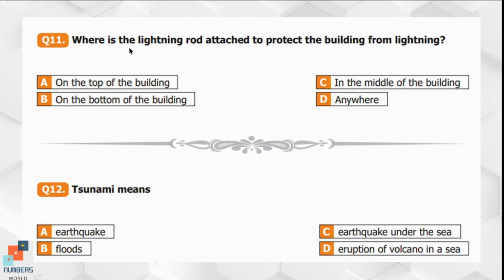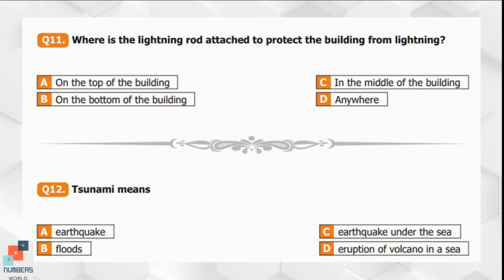Question number 11. Where is the lightning rod attached to protect the building from lightning? Option A, on the top of the building. Option B, on the bottom of the building. Option C, in the middle of the building. Option D, anywhere. So the lightning rod is put at the top of the building because lightning usually strikes the